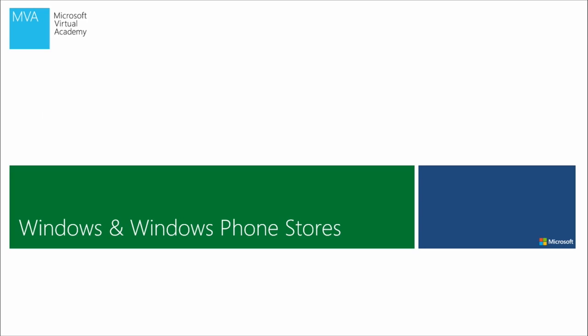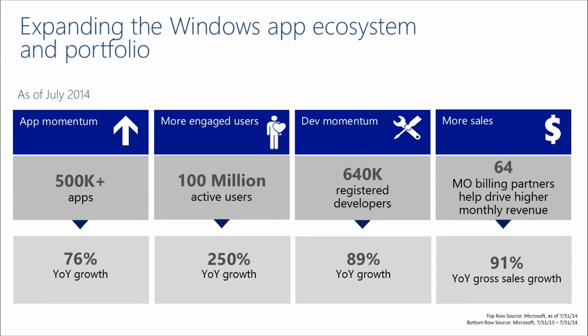So let's delve into the stores. We have a pretty vibrant ecosystem now. Yep. We've been working to expand this the past few years since we launched the platforms. We've got over 500,000 apps now across Windows and Windows Phone. We've got, at any given point in time, over 100 million active users. That's a great 250% year-over-year growth from last year. We've got developers joining the platforms in droves. 89% growth year-over-year from last year, over 640,000 now. And we've continued to grow our MO partner billing